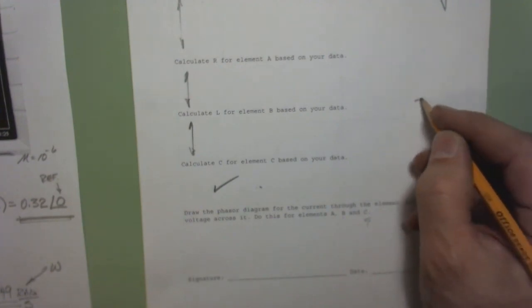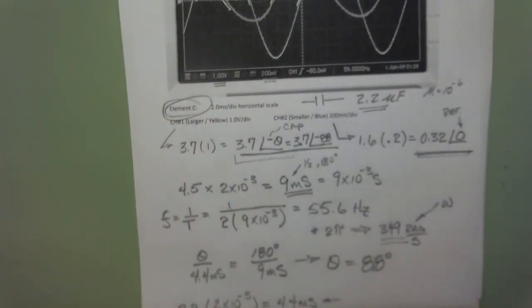If we looked at doing the lab face to face, you'd be into this for 3 hours, right? So I think if you'd sit down and take 3 hours to do this, you'd have a really very nice question sheet. The final thing, of course, is to sign it and date it. That's your signature. I know what my signature looks like. I want your signature on there, and then scan the whole thing and turn it in. Should be good to go. So, like I said, I did element C for you right there, but you'll want to check up on me and go through that. That'll be good practice, and then of course go back and do elements A and B